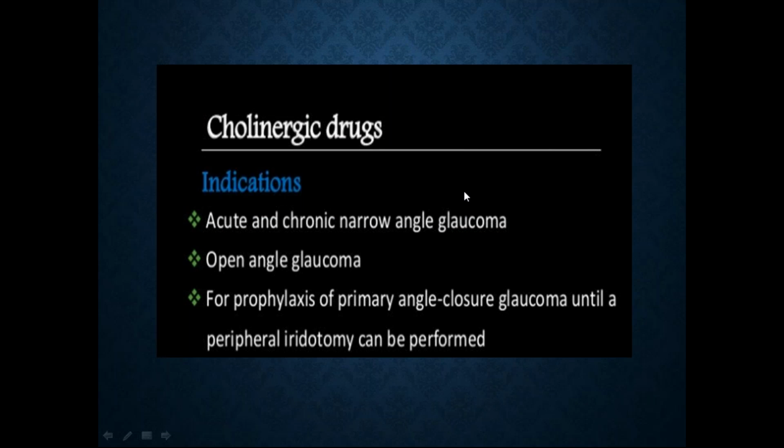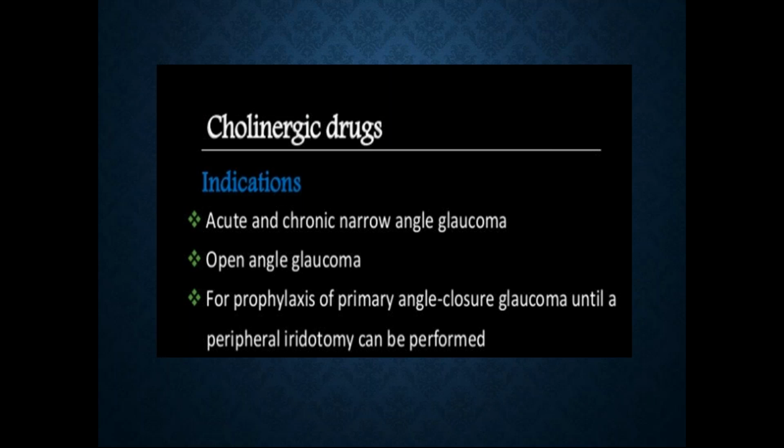The most common drug we use in narrow angle glaucoma or angle closure glaucoma is pilocarpine, which is a cholinergic drug. Sometimes we use it in open angle glaucoma, and for prophylaxis in primary angle closure glaucoma, that is until we do peripheral iridotomy. Until we do peripheral iridotomy and create another channel for the aqueous to drain, we will give pilocarpine to constrict